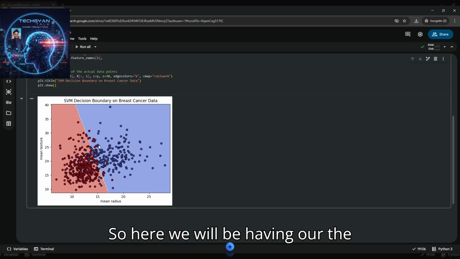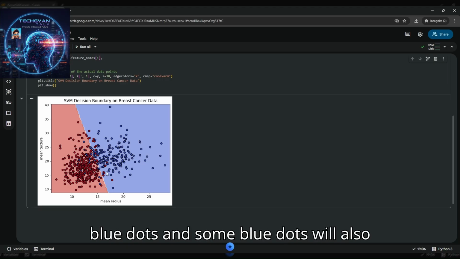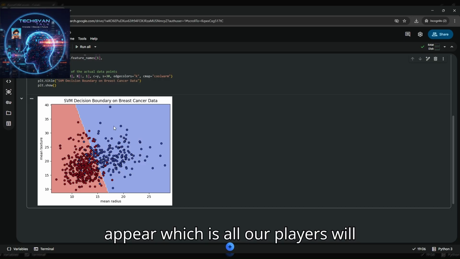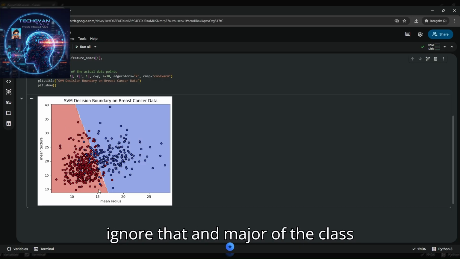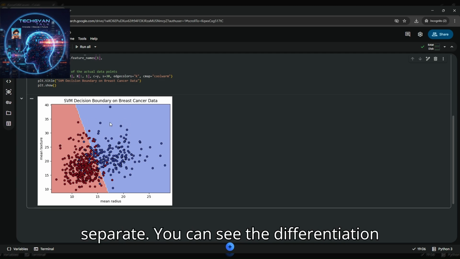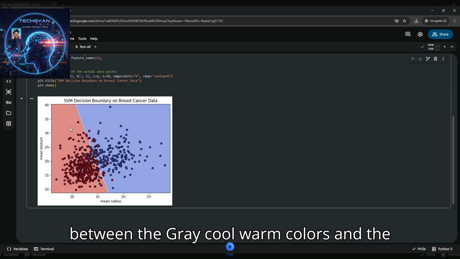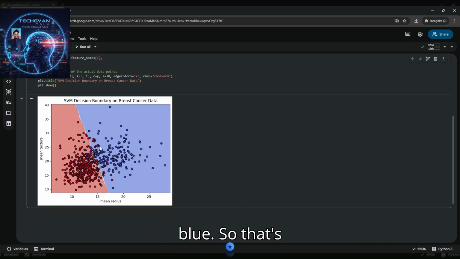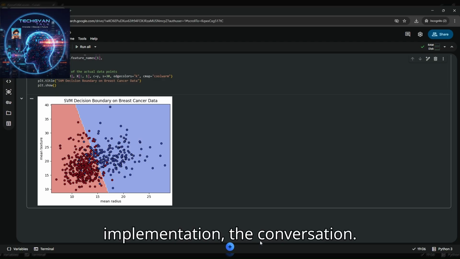So here we will be having the blue dots, and some blue dots will also appear, which are outliers. We'll ignore that. And the major part of the class data sets, class 1 and class 2, we will separate. You can see the differentiation between the gray, coolwarm colors and the blue color here. So that's it from the SVM implementation, the kernel is